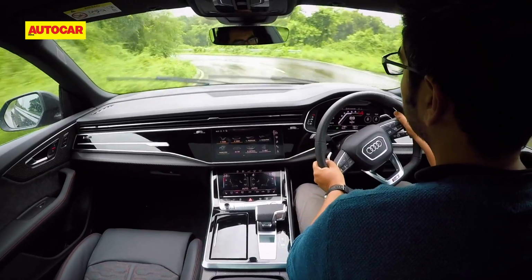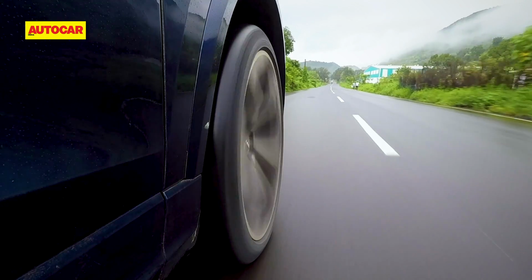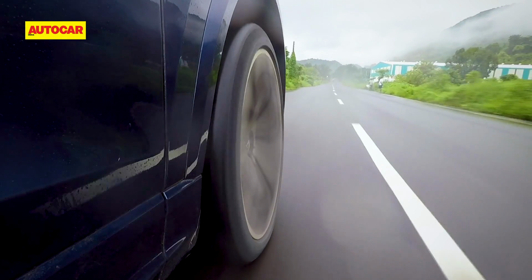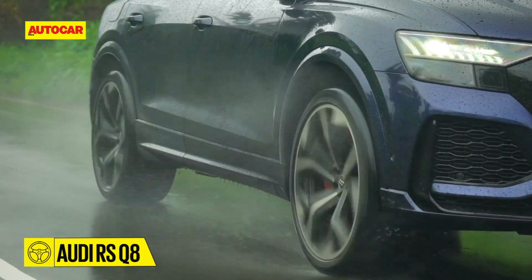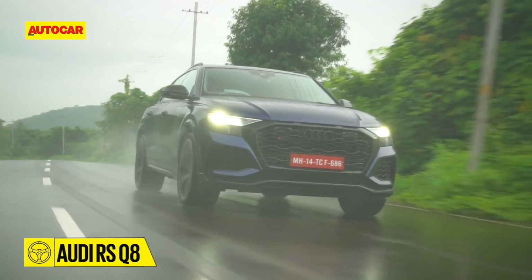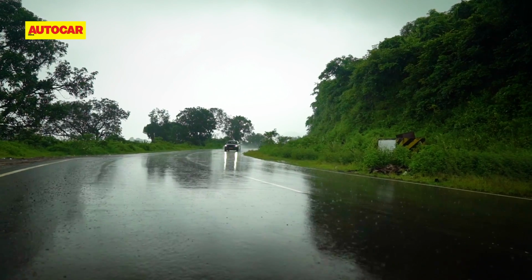The steering is well weighted and quick and offers a great degree of connect. Then there's the active anti-roll bars. Disconnecting on straight roads to improve comfort, the system recouples in milliseconds to counteract body roll in bends. The system does its job so